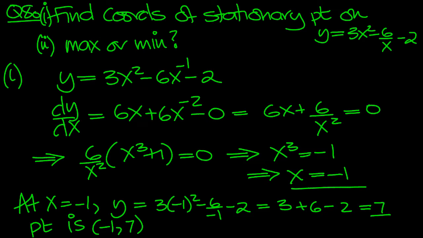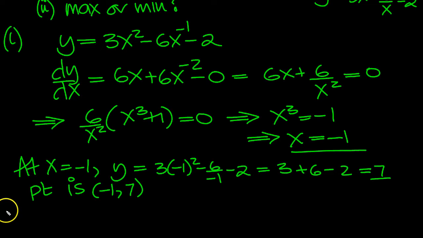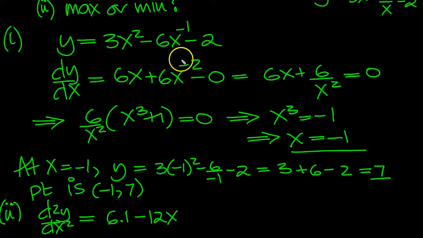Max or min, so let's do that now. So part 2, so we need the second derivative. d2y dx squared is equal to, so here's dy dx here, so x differentiates to 1, 6 lots of 1, and then the minus 2 comes down to be with the plus 6 to make minus 12, x to the 1 less, which is minus 3, which equals 6 minus 12 over x cubed,